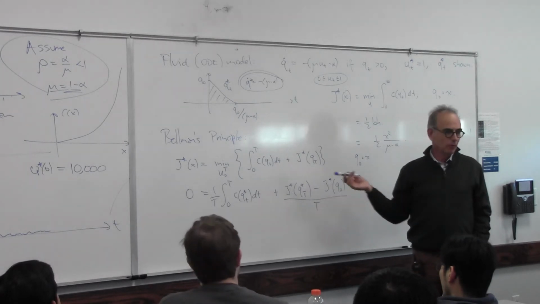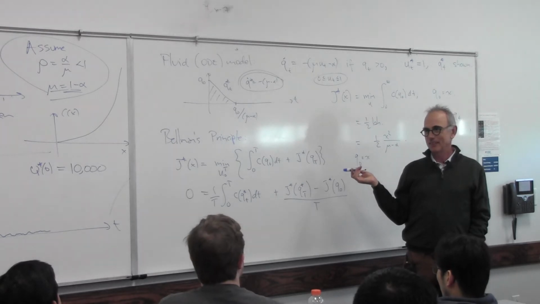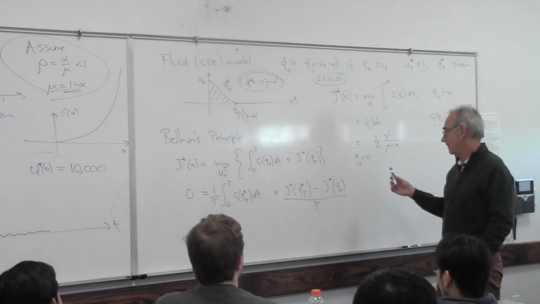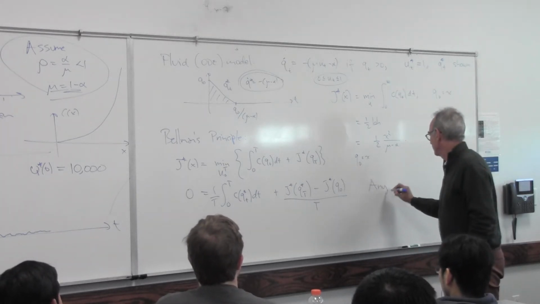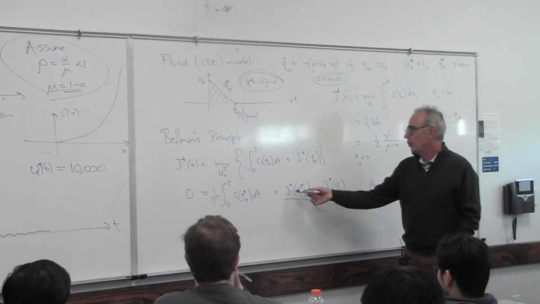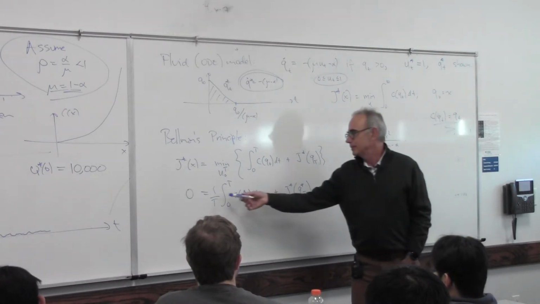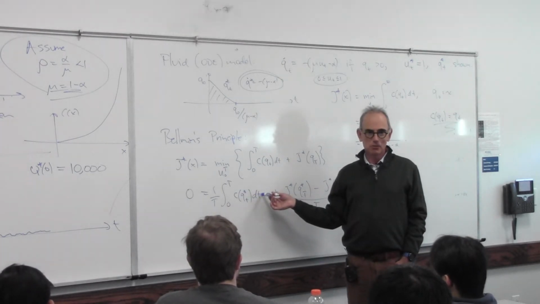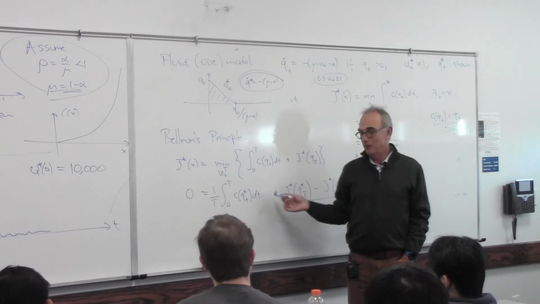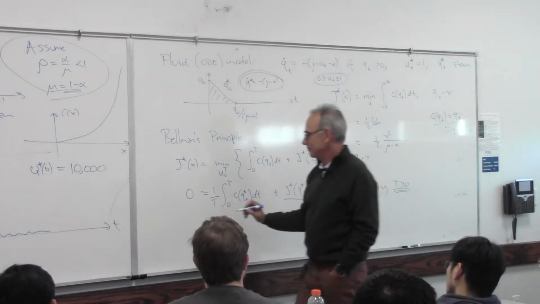And you see why I'm doing this, right? Why I'm dividing by t. If I'm going to make big T, this is for any t. Right away, we know this is differentiable, because this is definitely going to have a limit as t goes to 0, and therefore this has a limit as t goes to 0. So you take the limits,